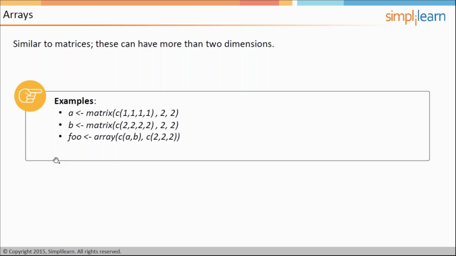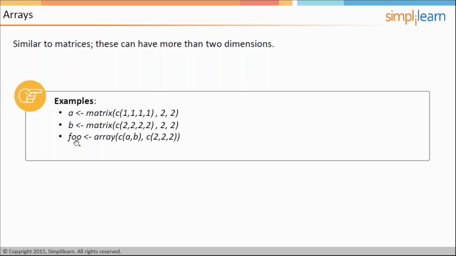The same holds true with an array, and with an array, of course, we have more than 2 dimensions. So we have to specify within the number of dimensions of the array exactly the row and column. In this case, we're setting up an array of numbers, and we're calling it variable A. We identify the number of dimensions that would represent the rows followed by the columns, and we can then take A and B, which are 2 matrices that we've just created, and combine them together into our array, which we've named arbitrarily foo,